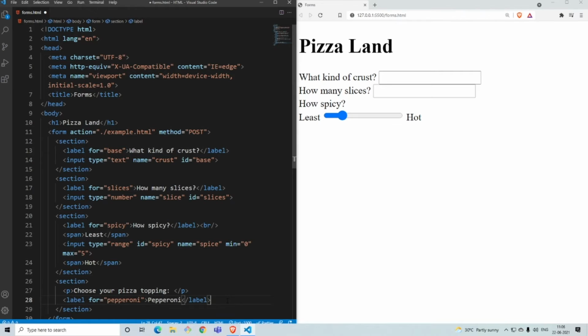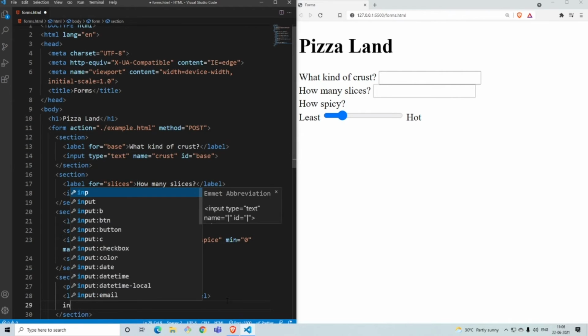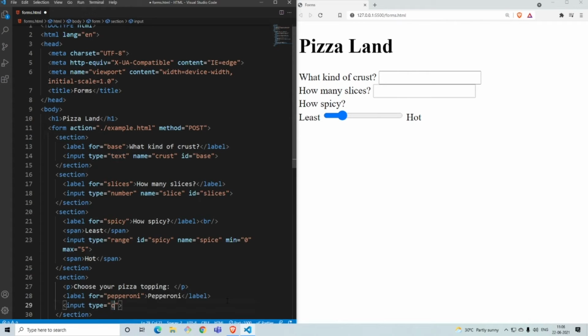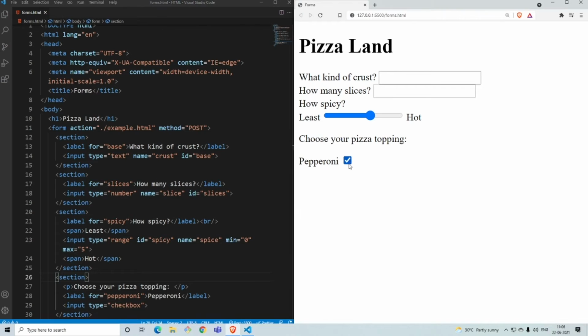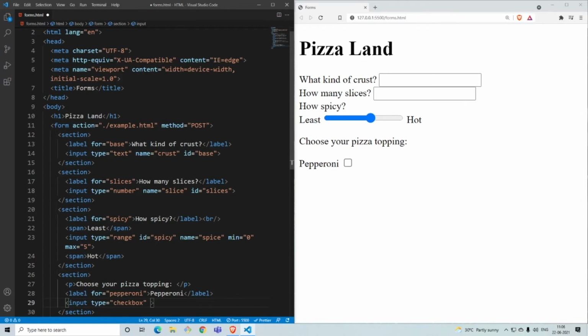Okay, that's there. And this is a checkbox, so we'll put input, and we'll give it a type of checkbox. So if you see, you'll have it like a clickable one. So once you click on it, it should be stored somewhere. So the name of this would be topping, because all of these are just toppings, and the ID would be same as the label. So that's it. Once you click on this, then it would say topping pepperoni is added.